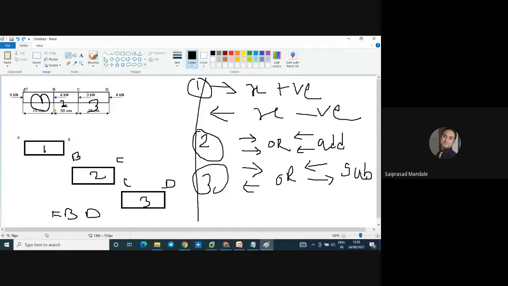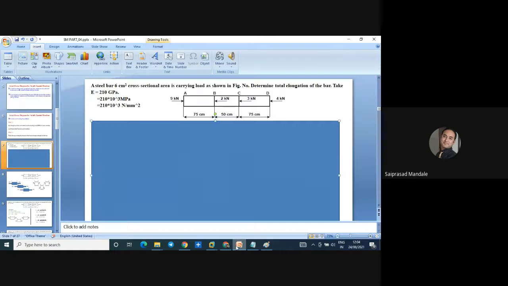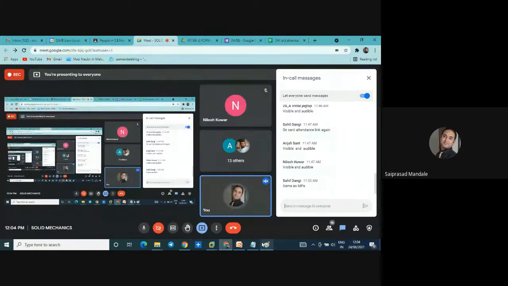Okay. I am going to apply force from the free end as 9 kilonewton. I am going to mark here it is 9 kilonewton. As per the law of equilibrium, I am going to balance the structural member by the application of equal and opposite forces. So I am going to apply 9 kilonewton. As over here it is 9, so I am going to apply over here, and I am just balancing this. Okay, clear? Clear or not? Yes, sir. Okay, great.